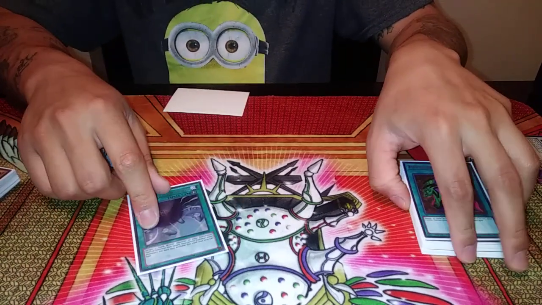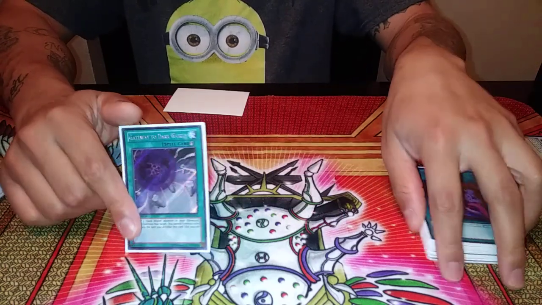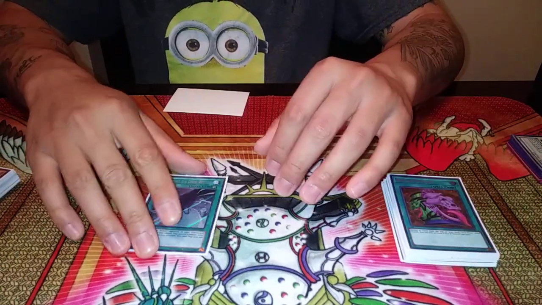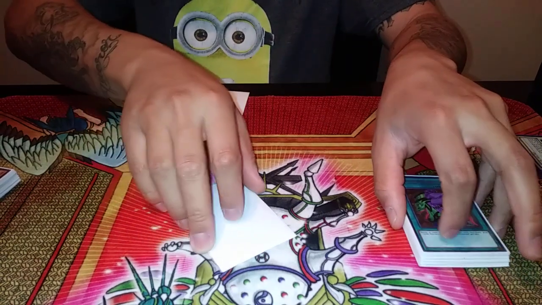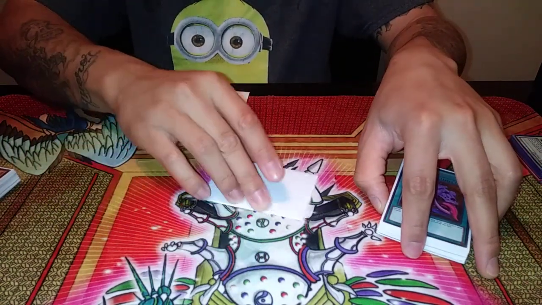It's only good in pure Darkworlds. So, like, that's why it's kind of like, why would you play this? But I like it. It's a searchable Monster Reborn. And what you want to do is use this on your opponent's turn. You want to flip this to summon Grapha to cock block, or you want to flip this and summon back